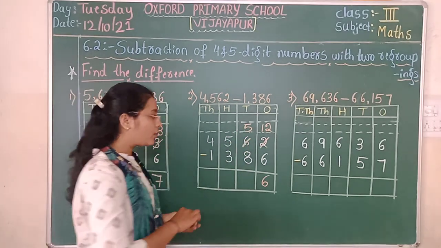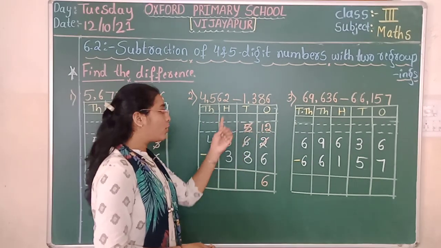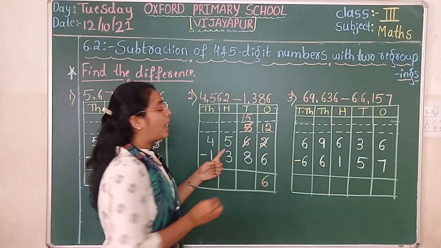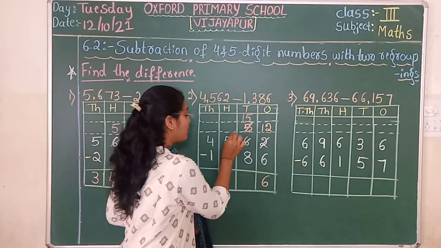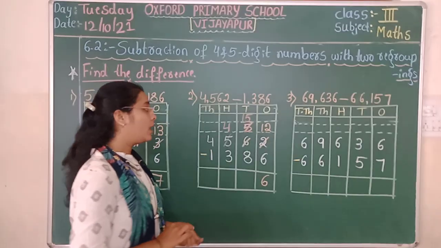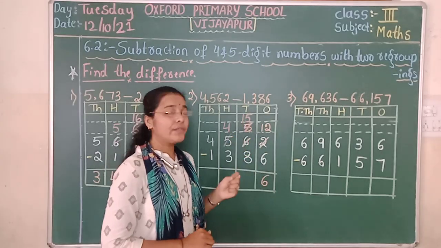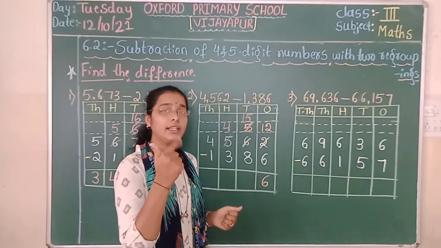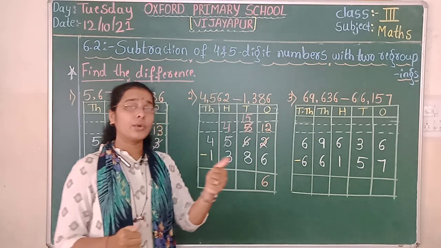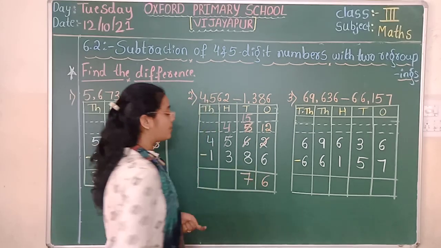So what we have to do? Next we have to regroup this. By taking carry from the next place, 5 became as a 50, and by giving the carry, 5 lost one place, 5 became as a 4 here. Now count after 8 to get 15. After 8, 9, 10, 11, 12, 13, 14, 15. We counted 7 times.